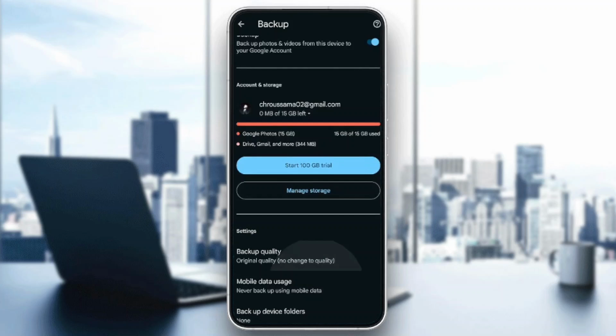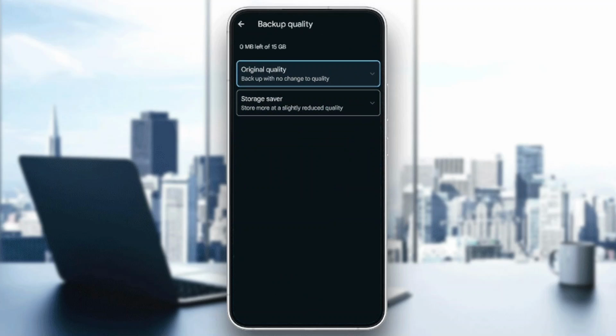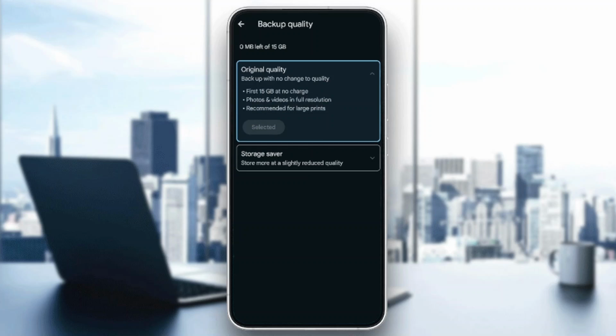folders. Go ahead and click on backup quality, and then right here you're gonna find two options: original quality, backup with no change to quality, and also storage saver, store more at a slightly reduced quality. So right now, go ahead and make sure you select original quality, and then click on select, then you're good